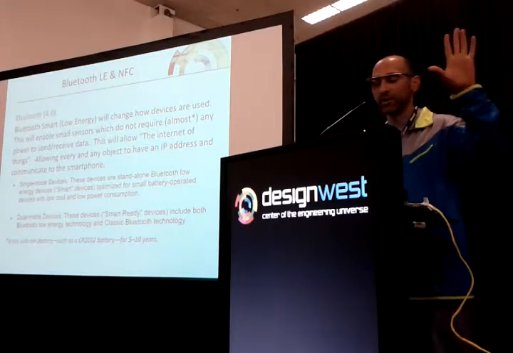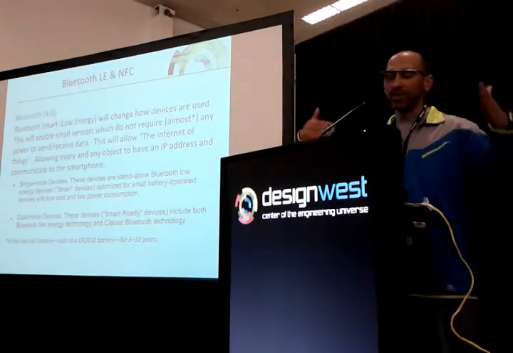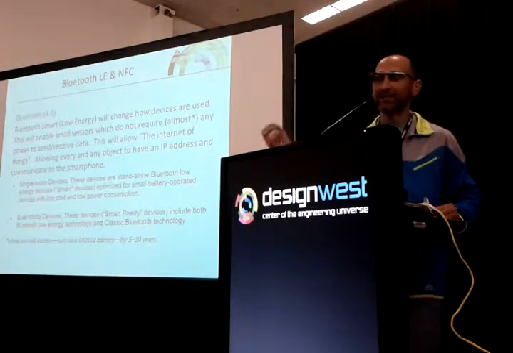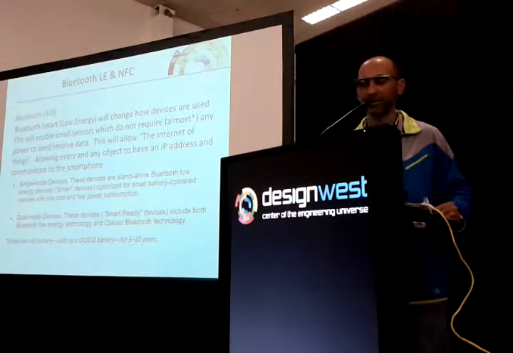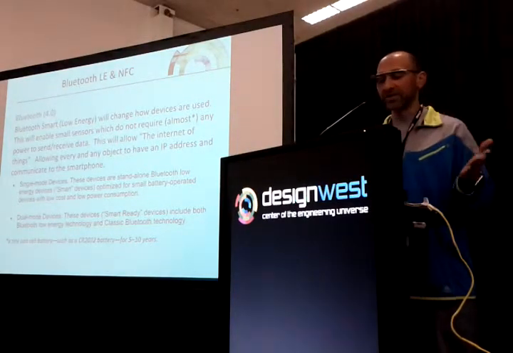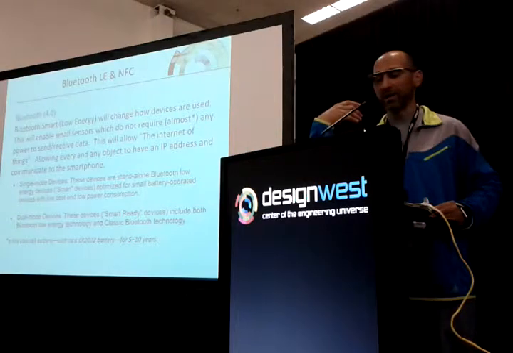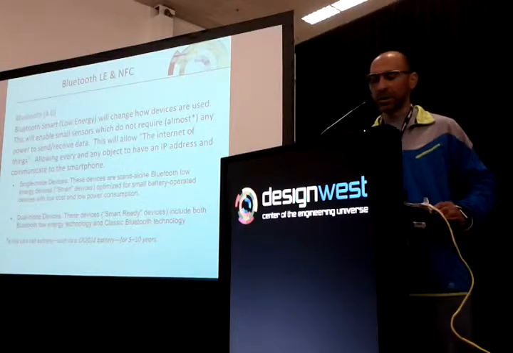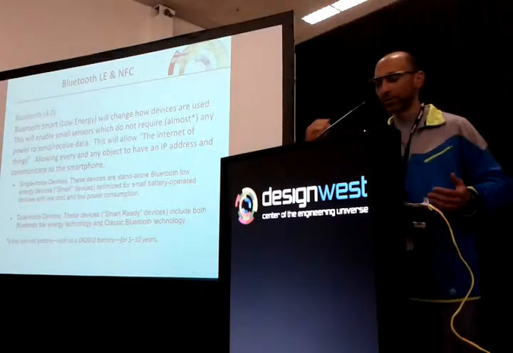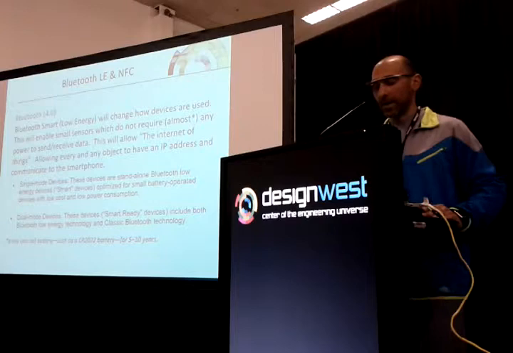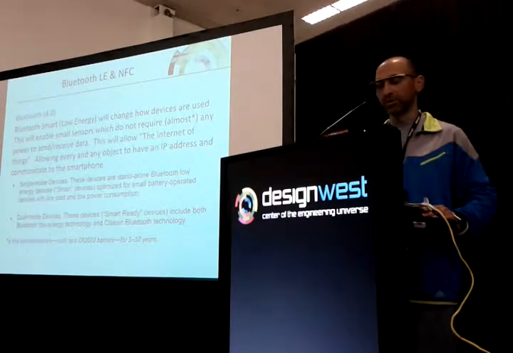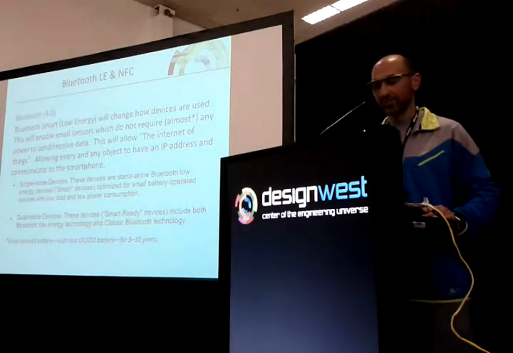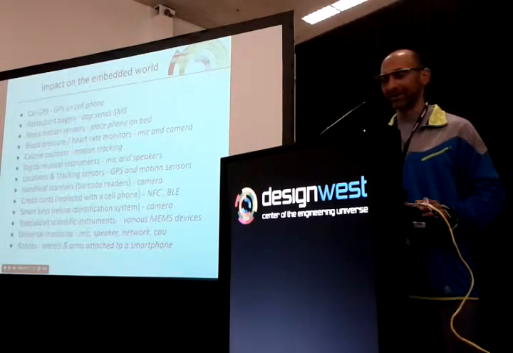If you have a single mode device, that's going to go for like 10 years. Because it's only going to communicate when it needs to transmit just a little bit of data. And because it doesn't have classical Bluetooth in it, it's not going to have an open stream, which means that it's going to use very little power. So again, when people talk about Bluetooth Smart, single mode uses very little power, dual mode has both classical Bluetooth and smart Bluetooth in it. So you're going to hear the terms smart device and smart ready. And now you know how to distinguish those two.